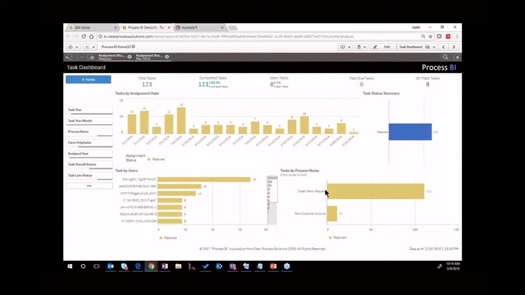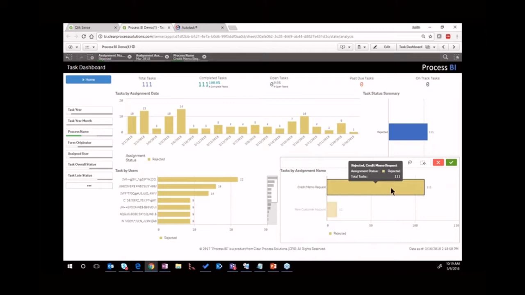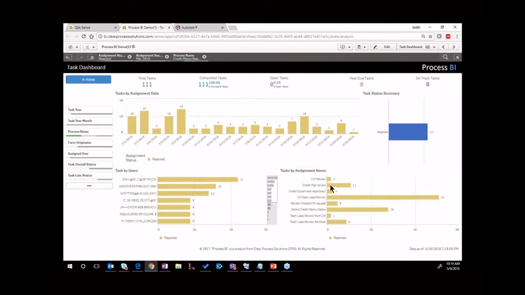Furthermore, if we look down at the bottom, we can actually see which processes were being rejected. So in this case, we have our credit memo request, and there's been 111 rejected requests in the month of March. So you can filter by credit memo and look at the individual tasks within the credit memo. So credit memo is the workflow, the process, but now we want to see which tasks within that process were actually rejected. So we can look at CM review and credit manager review, all common typical tasks within a process